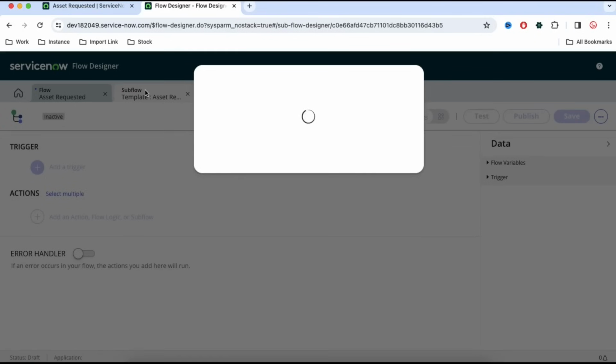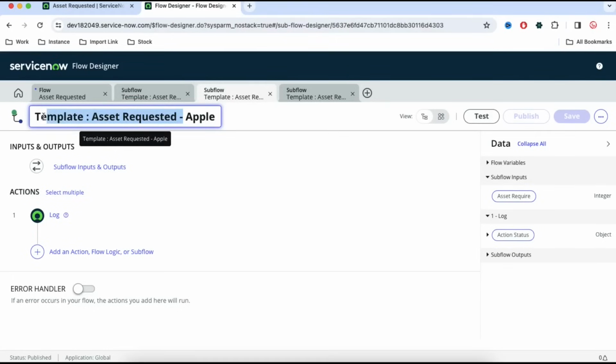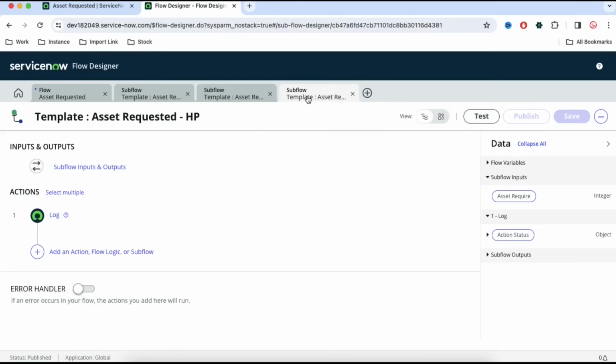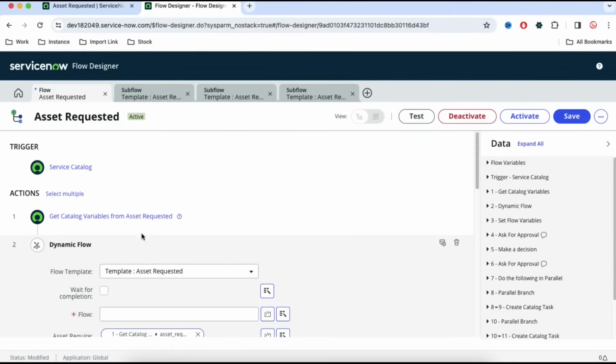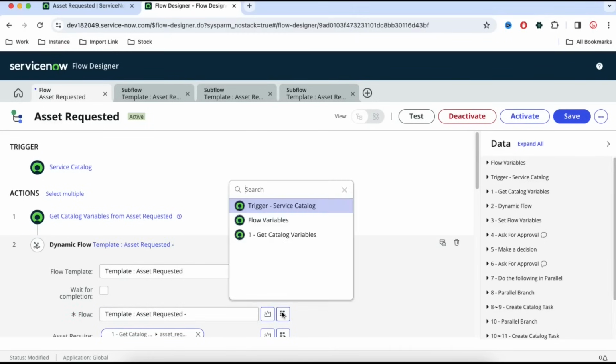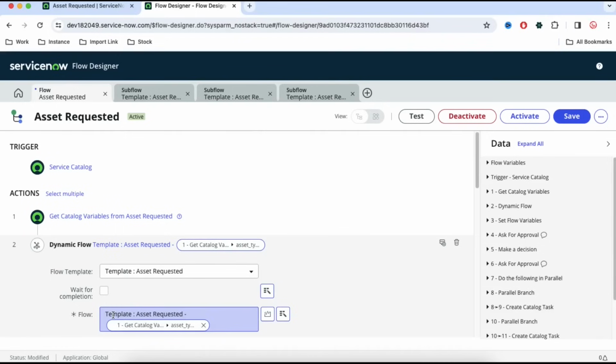So for that, I'll go back and let's say this one, right? What is this naming structure? This is our actual template, and these parts are dynamic. It could be Apple or maybe it could be HP. We don't know, so this is dynamic, right? So we'll go back here, put this as a string after this part, and this value should come from the variable. So asset type. So the actual name will be